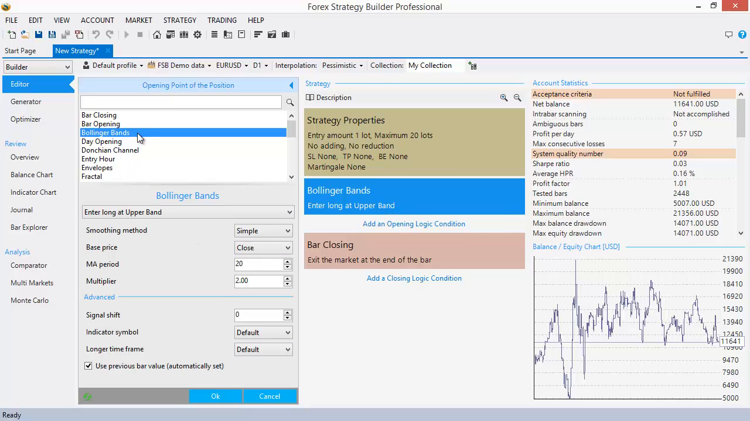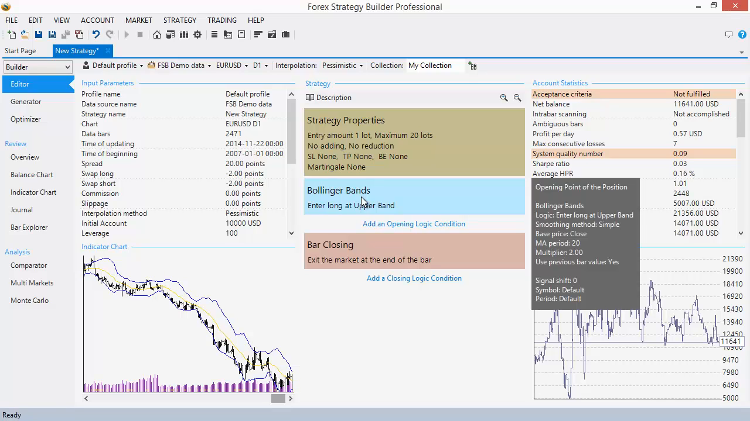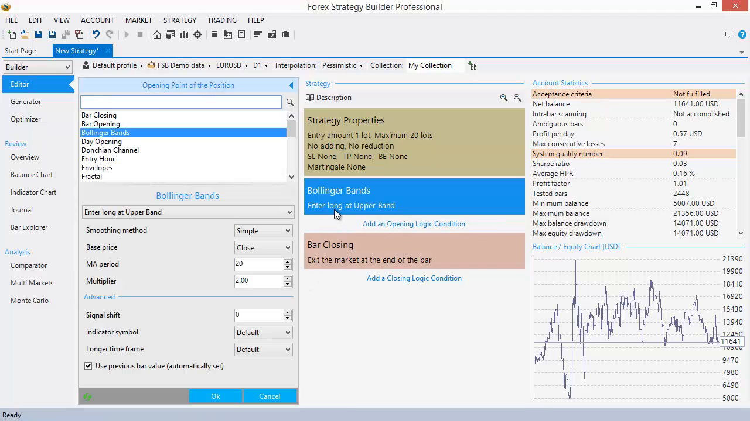Now I selected Bollinger Bands. I'll confirm the Bollinger Bands by pressing OK here. And now we see a backtest. Why do we have a backtest here? Because the Bollinger Bands indicator determines two entry prices. The Bollinger Band has upper and lower price,